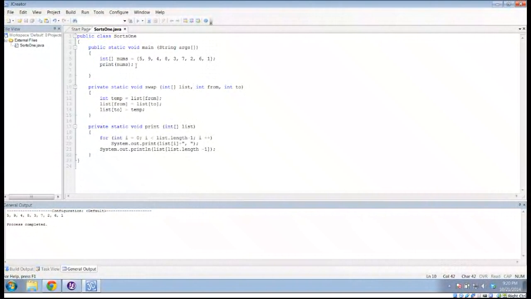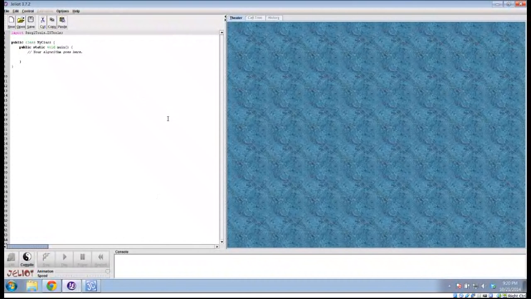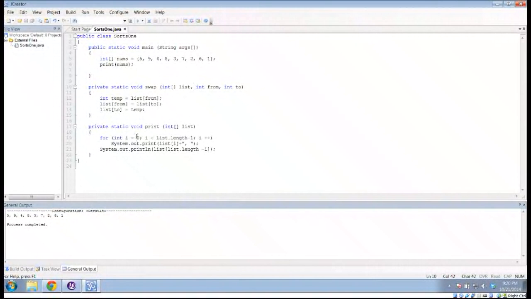So what I want to talk about today is two techniques for sorting. And I've got this wonderful program called Jellit, which I'm going to be using to display how we're sorting things. So we'll talk a little bit more about that in a few minutes. But what I want to do is sort, and probably the easiest way to sort would just